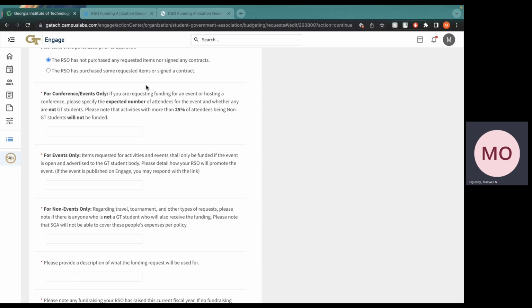If you are requesting funding for an event or hosting a conference, please specify the expected number of attendees for the events and whether any are not Georgia Tech students. Please note that activities with more than 25% of attendees being non-Georgia Tech students will not be funded. So basically here, if you're hosting a conference or hosting an event, you can simply do something like this,